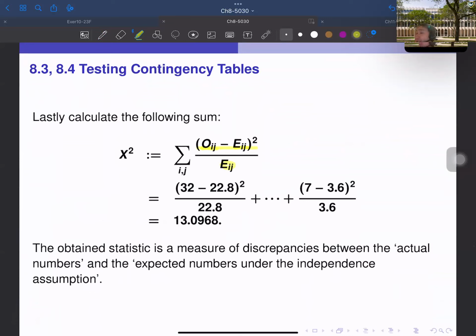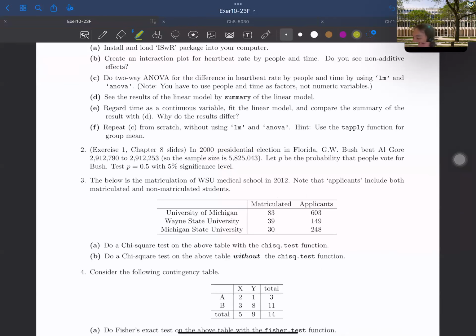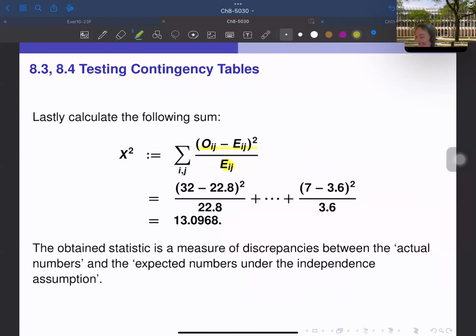When we evaluate the difference between two sets of numbers, usually we take the difference, that is good, and also take the square and take the summation. That is a very common way in statistics. For example, the distance between 2 points is calculated by the sum of the distance in each coordinate squared. So that is reasonable. And maybe the one slightly confusing part is dividing this by E_ij. This is basically because of the central limit theorem, but the intuitive explanation is that